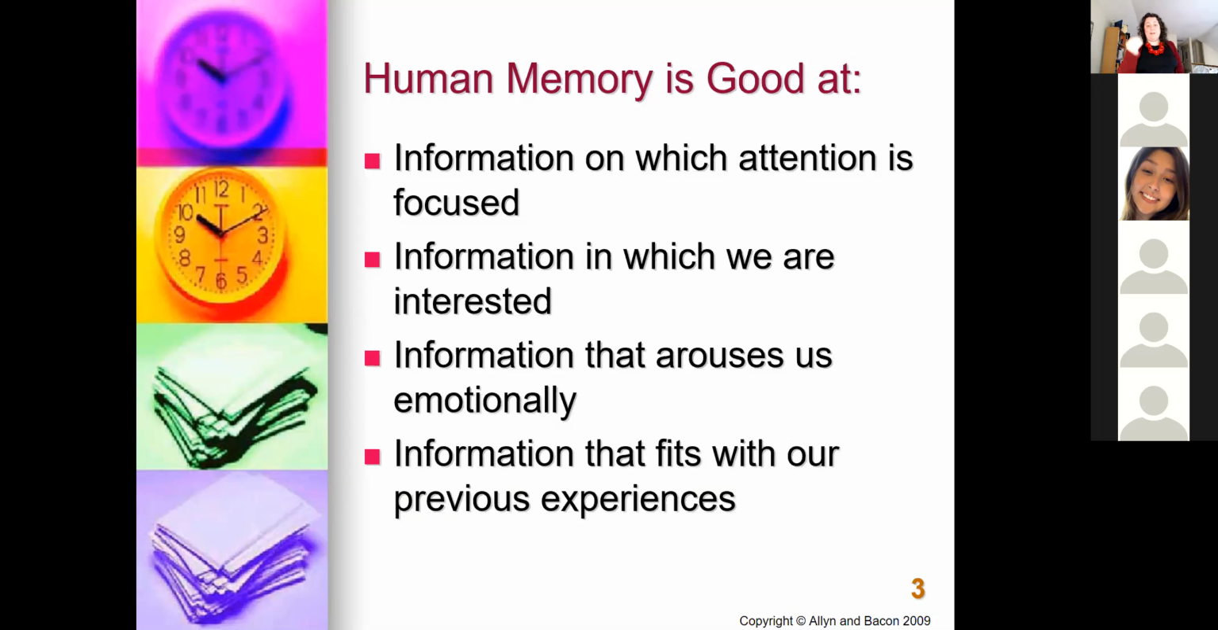We also more easily remember information that fits with our previous experiences, right? So if we have learned something a certain way, or we have learned something using a certain framework or opinion, it's a lot easier for us to remember new information that fits with that. We tend to ignore information, and that's not paying attention to, going back to our first point here, that doesn't fit with our worldview and doesn't fit with what we already know. And this is why it can be so hard to change people's minds politically, for example,